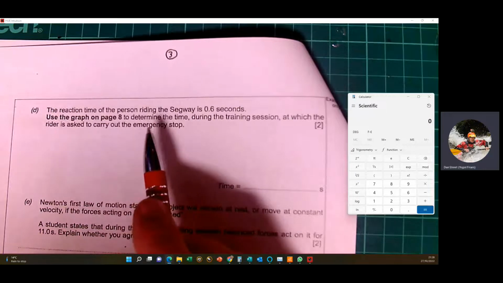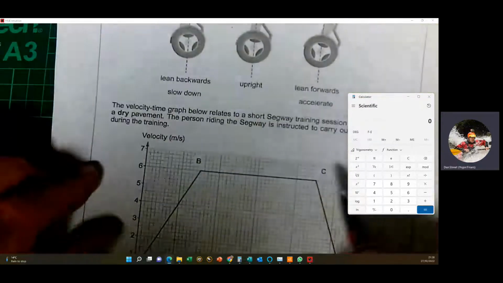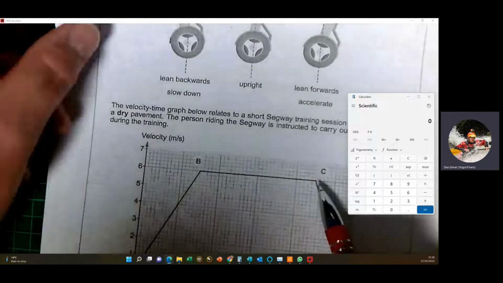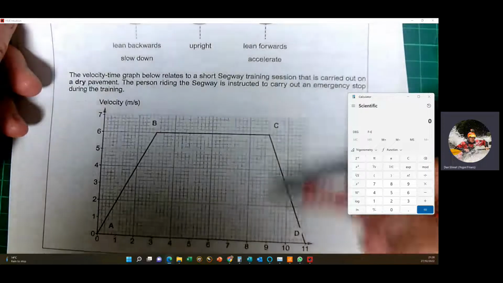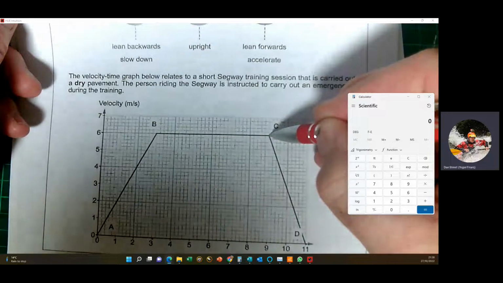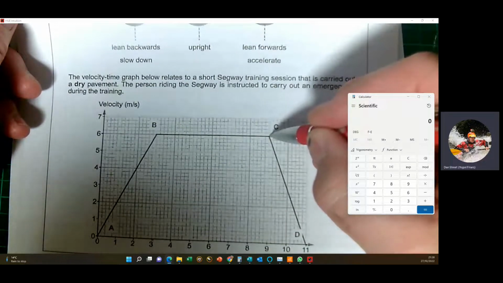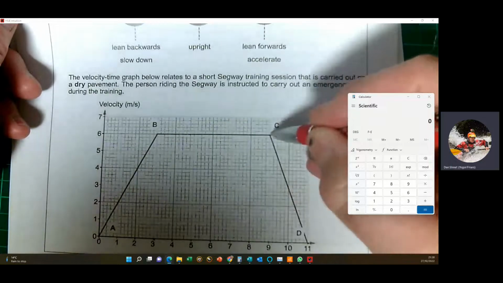actually starting to stop. So if we have a look back at the graph on page 8, we can see that the Segway starts to stop here at point C, and if we trace down the graph, point C is at 9 seconds. So 0.6 seconds prior to that, the Segway driver was asked to stop, so it would be 9, take away the 0.6. So if we go back to the question,